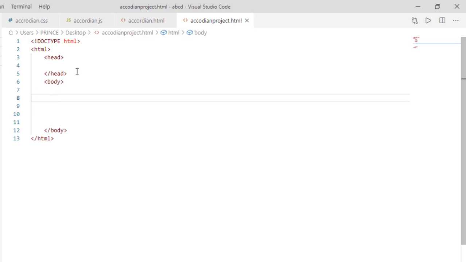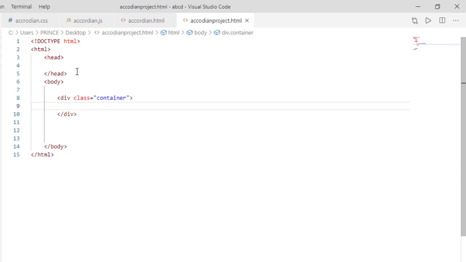So first of all we need a container, a box which contains all the items, like I have 4 sections: home, about, work. So for this we have to simply take a division with class container. So simply take a bracket, type div, then type class and give a class name container. Then close this division tag, and inside this division tag first take a paragraph tag to place an item. So simply give a class name section because it holds the item which is displayed at the start of the menu, which is home, work. So for this I simply give the class name section, then close this.